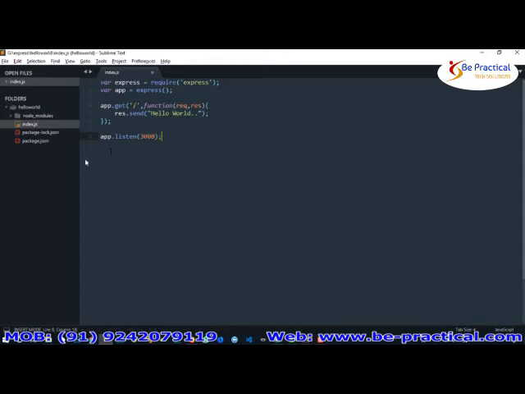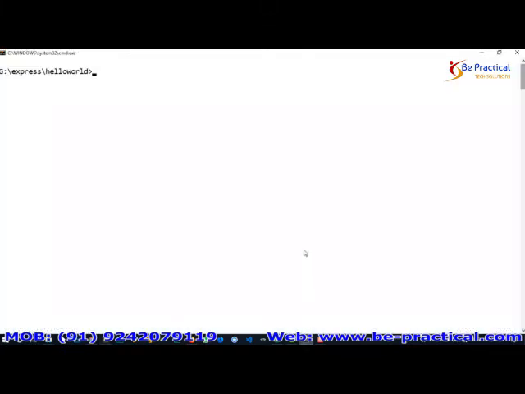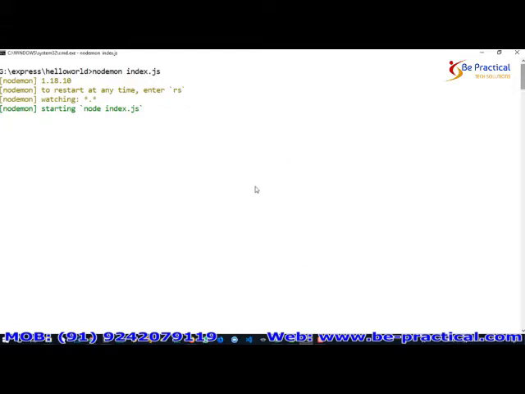What we do is go to the command prompt. Here we'll start nodemon and call the index.js file. If you click enter, nodemon will start the application. When you execute such applications, by default it will route you to the localhost 3000 server.